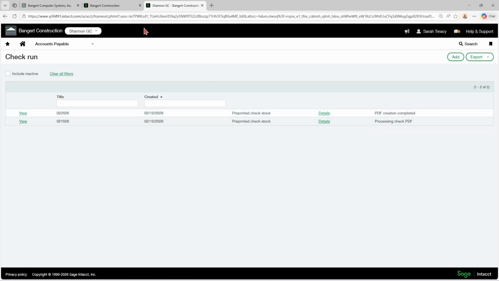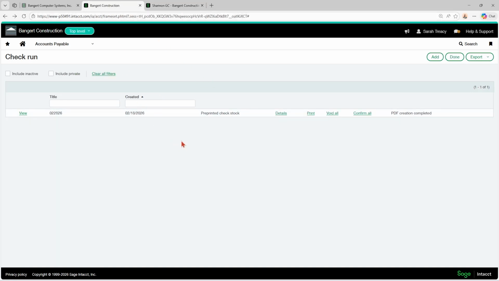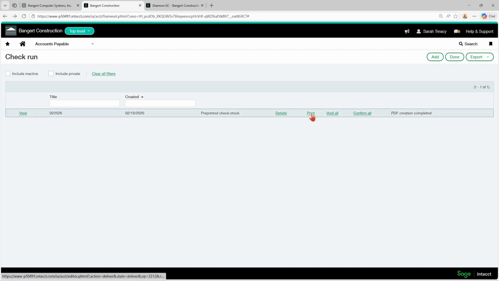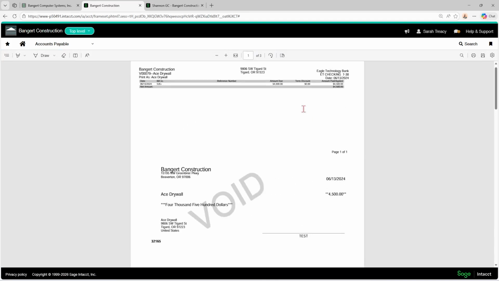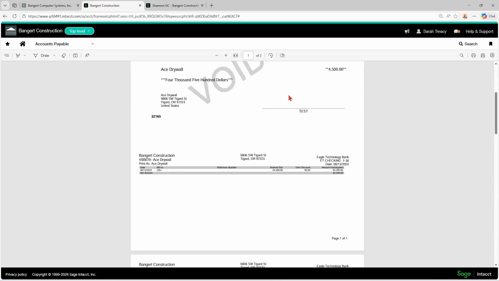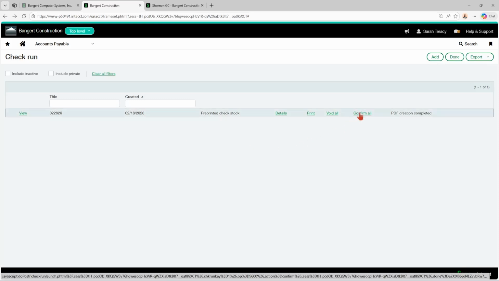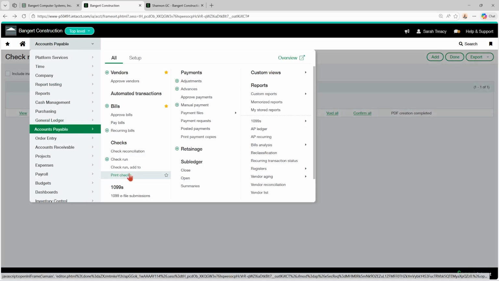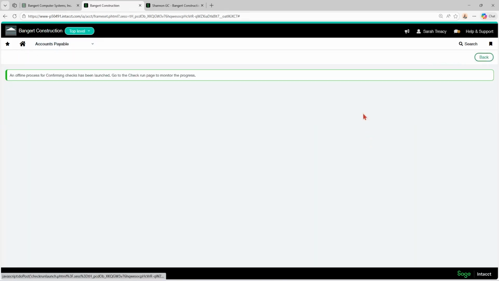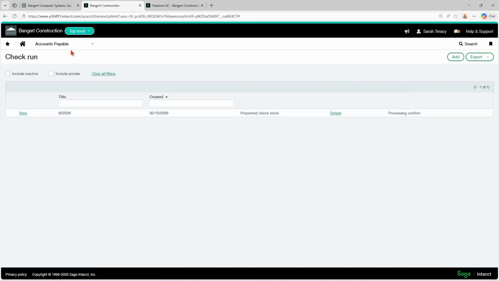But I have created one here, so I'm going to hop back into my top level and click into this, the one that I had created previously. Because that's completed now, I'm going to hit print. And it shows me the information for those checks, and then I would print from here as per usual. And once you've printed them and they're in the correct order and everything, you come back and you confirm, which you have to do also if you're doing checks through the print check screen. So I would confirm all, and that launches and does its thing in the background again.